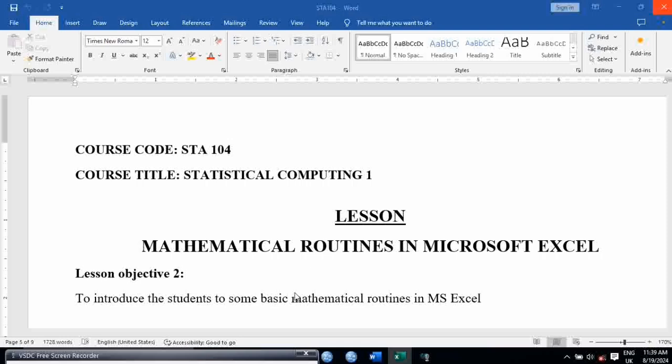We shall be considering the lesson objective as follows: to introduce the students to some basic mathematical routines in Microsoft